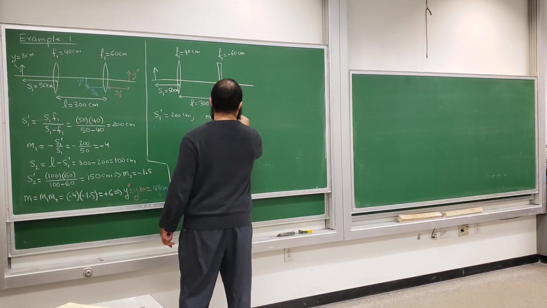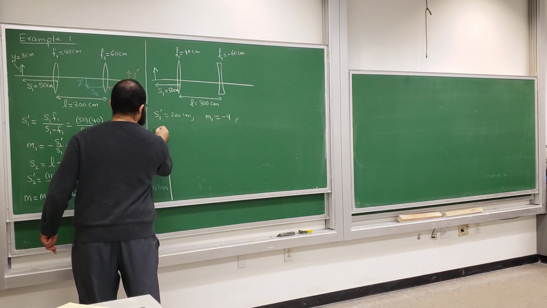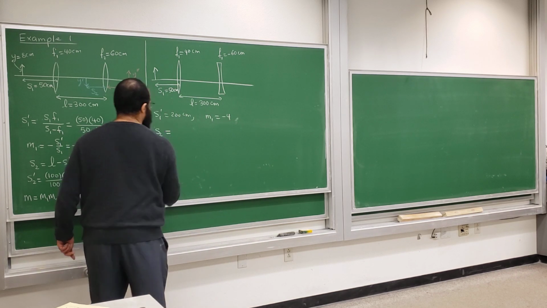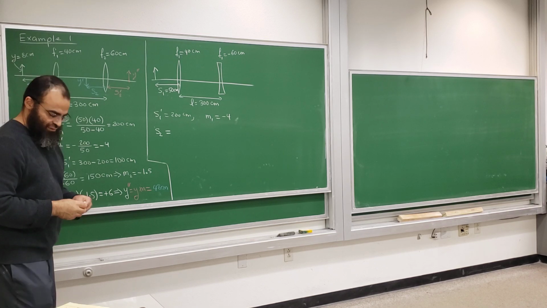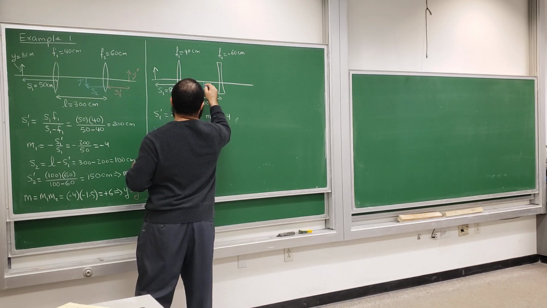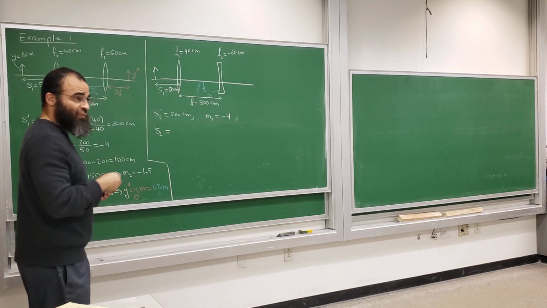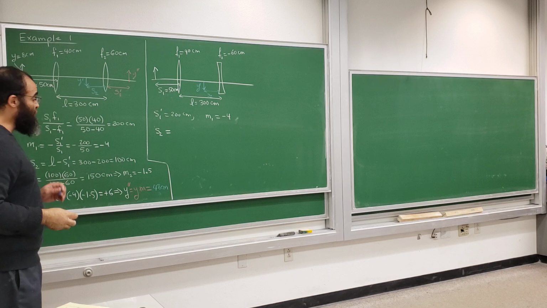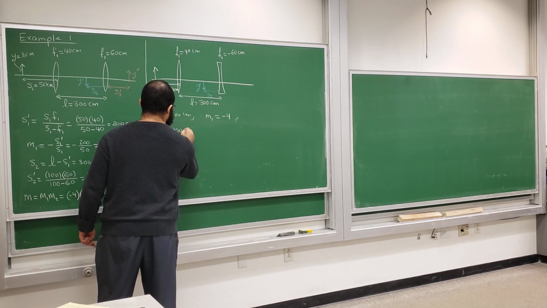Which means S2, what's S2 going to be? Our image is going to be here, right? In the first one, Y prime. So this is S2. How much is S2 again? It's still going to be 100, yeah. It's still going to be 100. So S2 is still 100 centimeters,